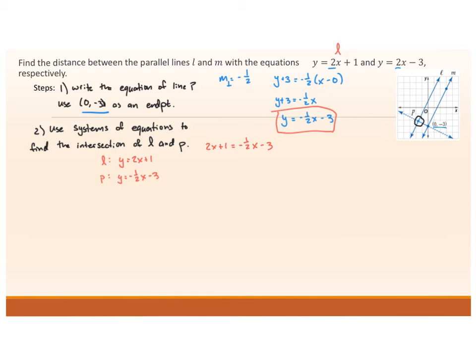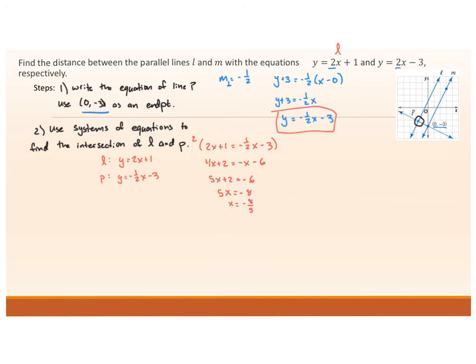Now I solve for x. I don't particularly like fractions in my equations. You can subtract the fraction, but I prefer to get rid of my fractions. So I'm going to multiply the entire equation by 2. So now I have 4x plus 2 is equal to -x minus 6. Now this is an equation I can solve quite easily. So I'm going to add my x to both sides. 5x plus 2 is equal to -6. 5x is equal to -8. X is going to be equal to